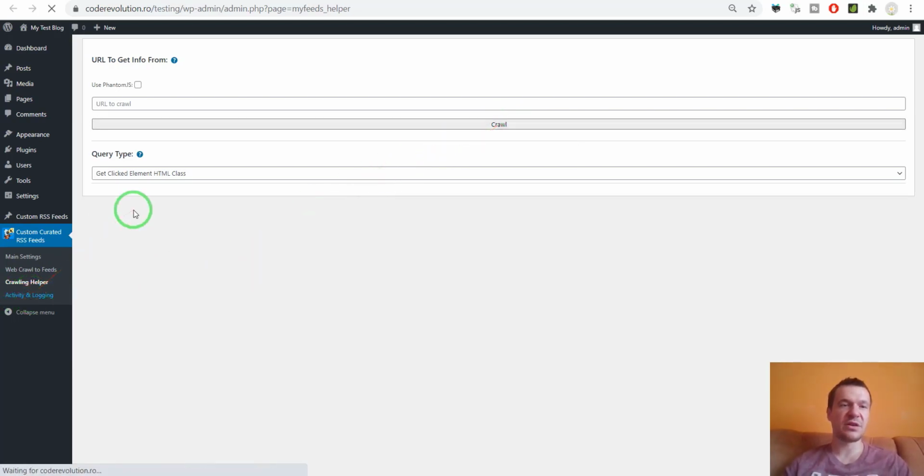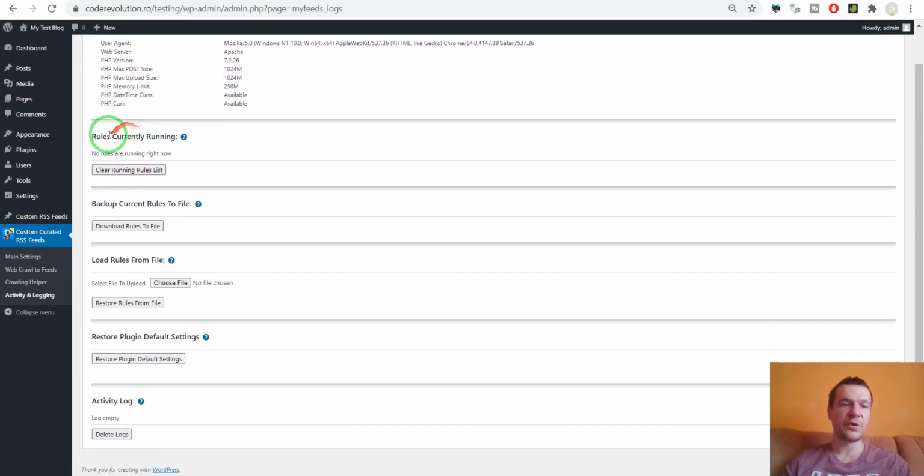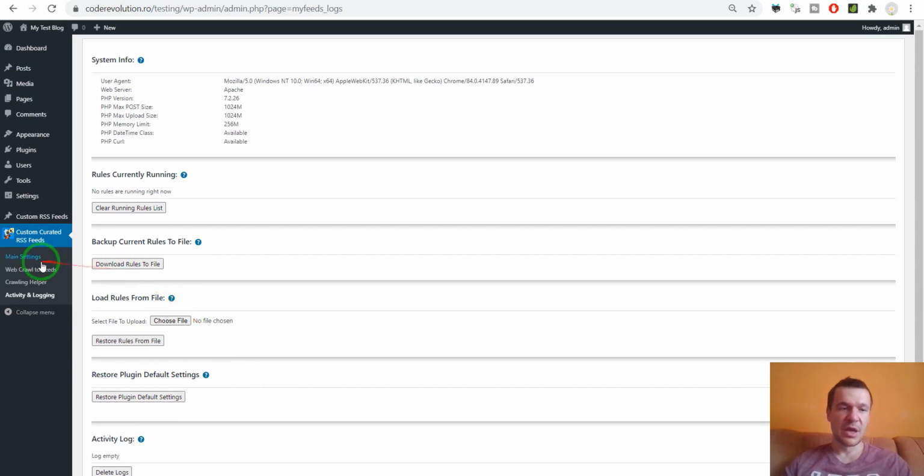Also, the activity and logging section of this menu will display system info, rules that are currently running, backup rules to file, load rules from file, restore plugin default settings, and the activity log I showed you earlier. So yeah, this is all for this plugin. It is a very extensive plugin, but it can do